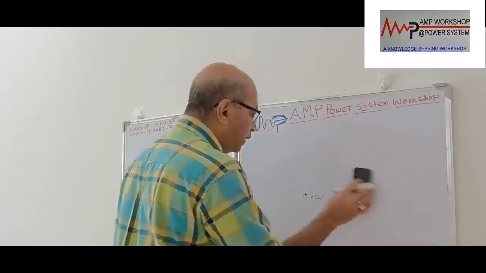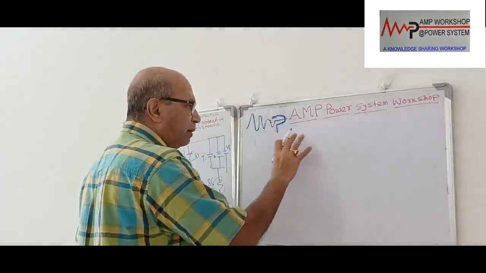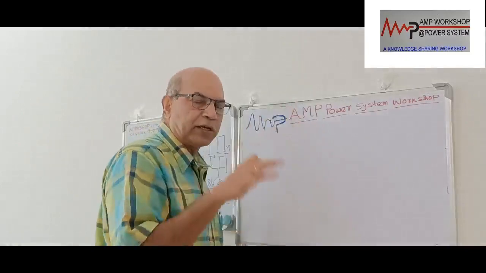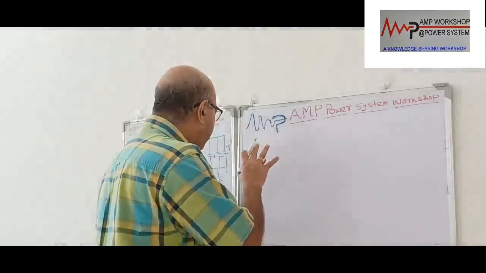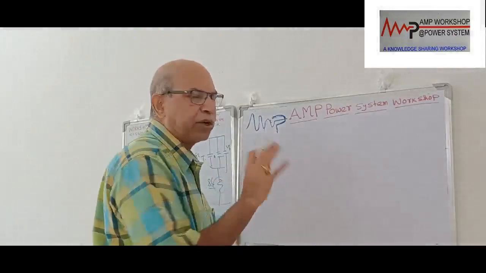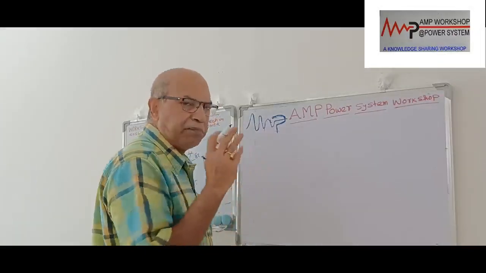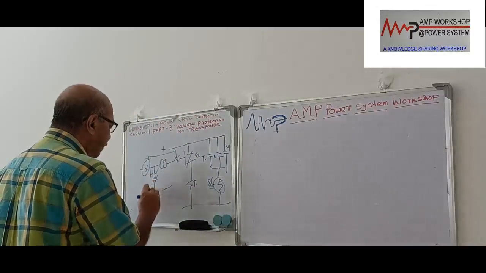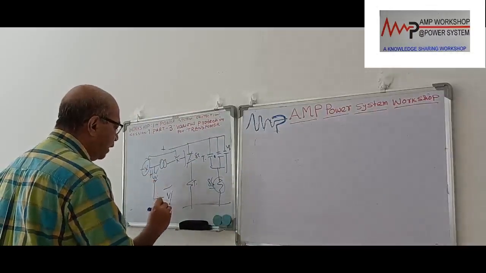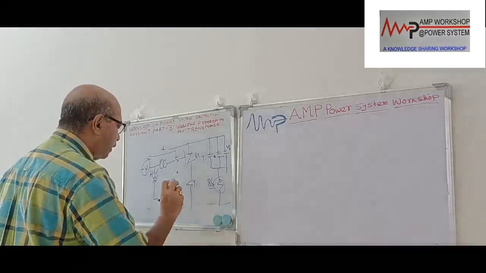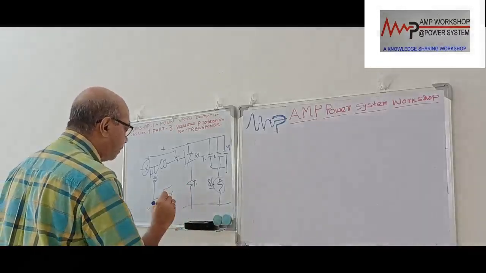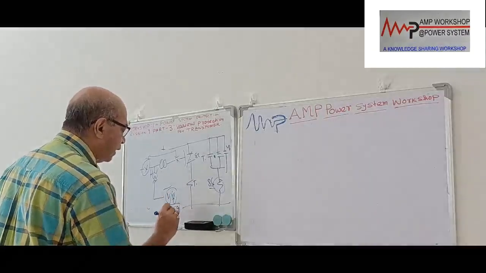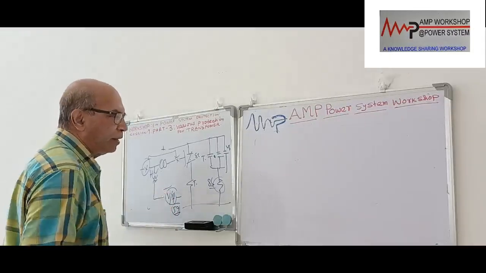Now we'll come to the next item. The lightning protection is given by the device mounted on the transformer, that is the arrestor. Only for V by F protection we have to provide a separate protection relay. Now next point, from the PT connected to the transformer primary side, we have to connect a PT over here, and that PT will be connected to either the V by F relay or the 59 relay. 59 is the over voltage relay, it will be connected over here.